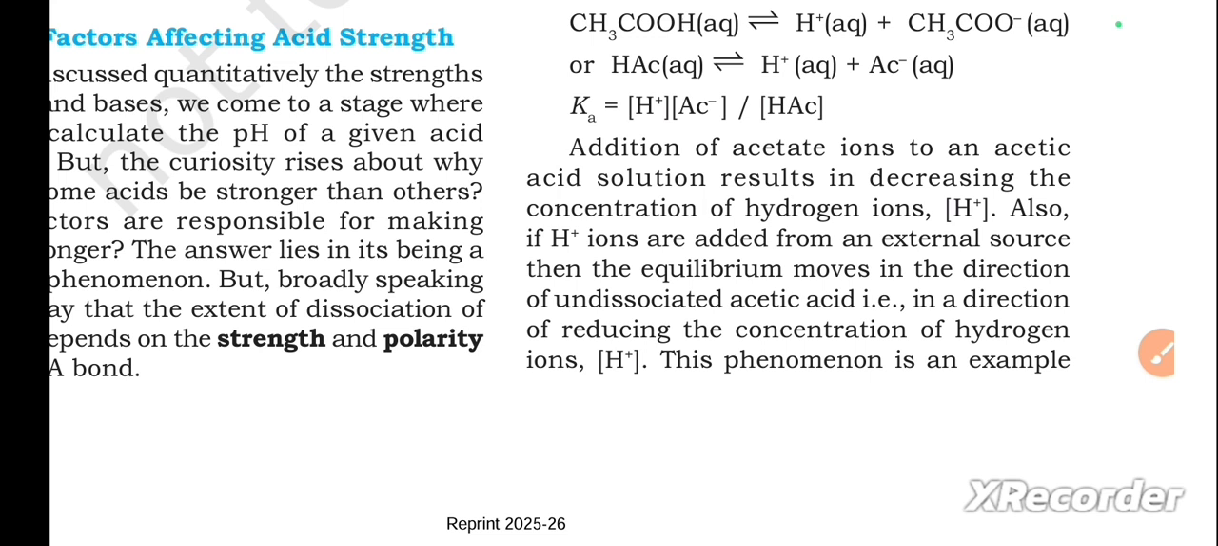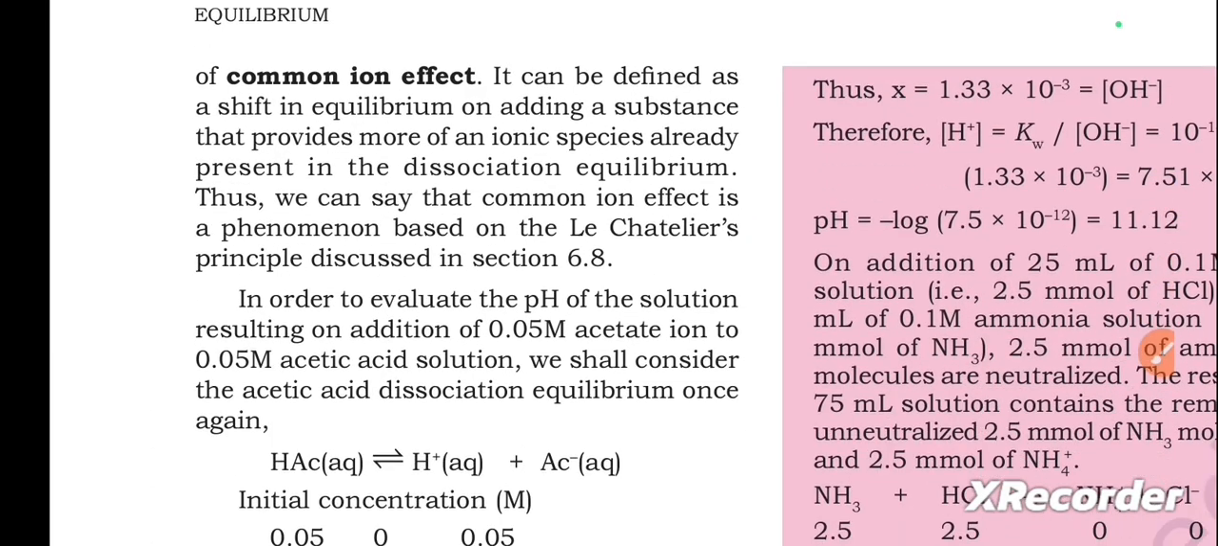Also, if H+ ions are added from an external source, then the equilibrium moves in the direction of undissociated acetic acid, that is, in a direction of reducing the concentration of hydrogen ions, H+. This phenomenon is an example of common ion effect. It can be defined as a shift in equilibrium on adding a substance that provides more of an ionic species already present in the dissociation equilibrium. Thus, we can say that common ion effect is a phenomenon based on Le Chatelier's principle discussed in section